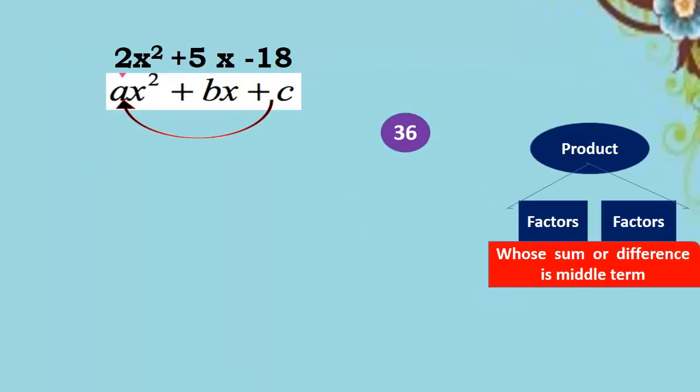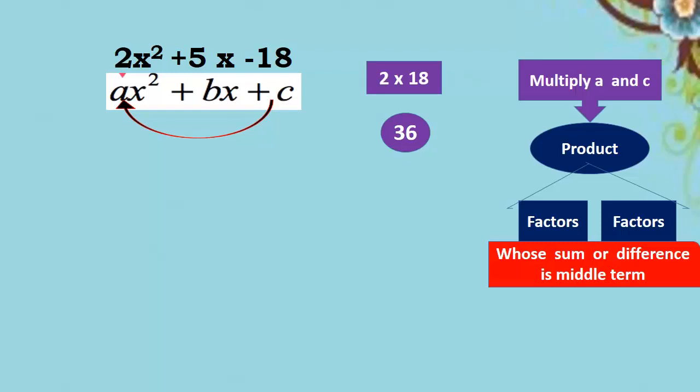Take 2x square plus 5x minus 18. Here this is the form of ax square plus bx plus c. So what is to be done? First multiply a and c. So 2 18s are 36. Whatever product we get, find its factors. So now 36: 18 2s are, 12 3s are, 9 4s are and 6 6s are. Now think, I want plus 5. How will I get it, which terms should I select now? Yes, 9 and 4. Here I need to subtract instead of addition because the last term is minus.